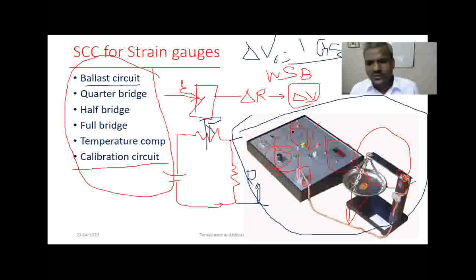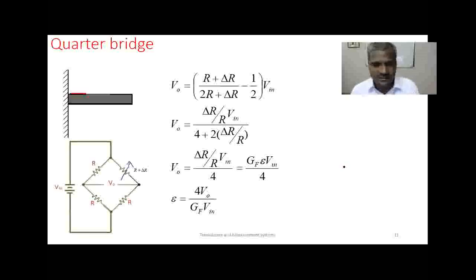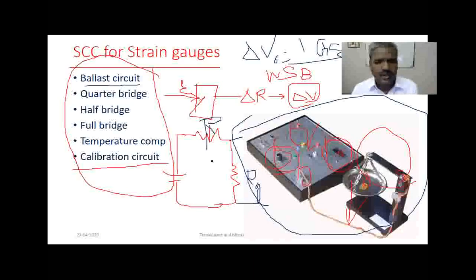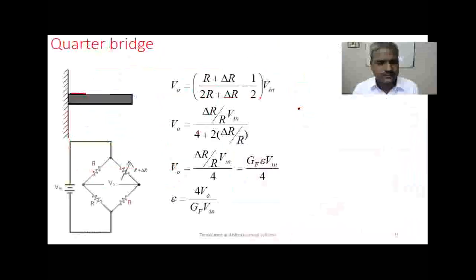So: Wheatstone bridge, gain amplifier, zero adjustment, then display. I will explain what a 3.5 digit display is. Normally, most displays in our industry use 3.5 digit. I will explain what is meant by 3.5 digit in the next slides. So this is a simple experimental setup showing how to measure the strain developed in a cantilever beam using a strain gauge.